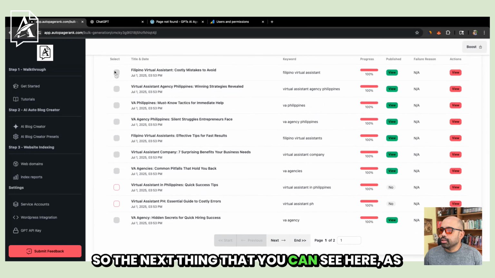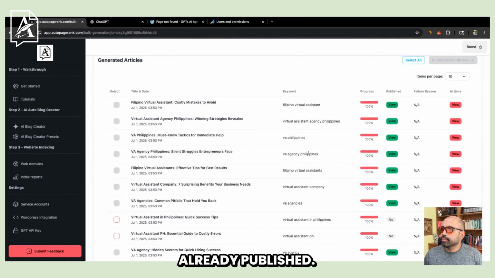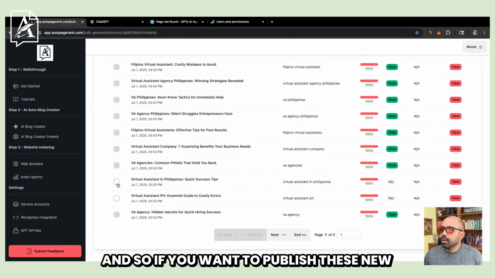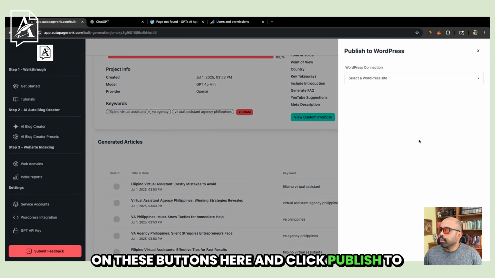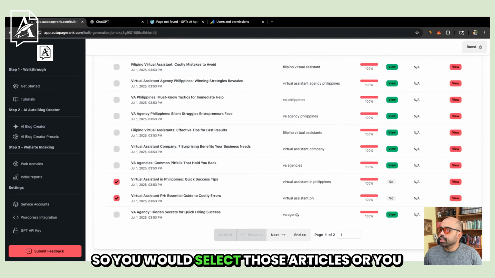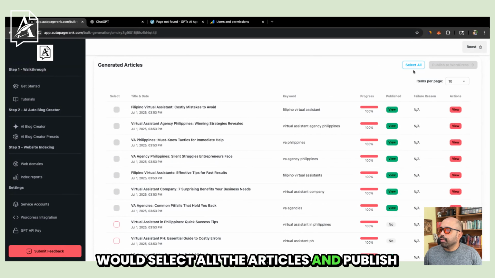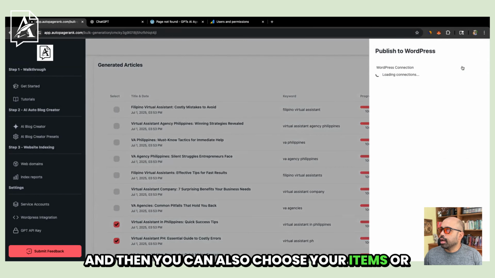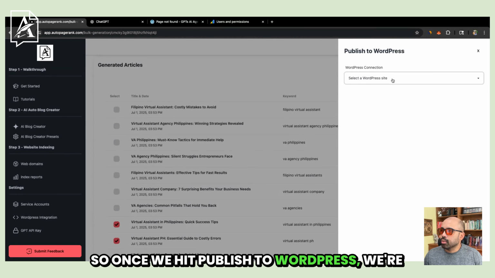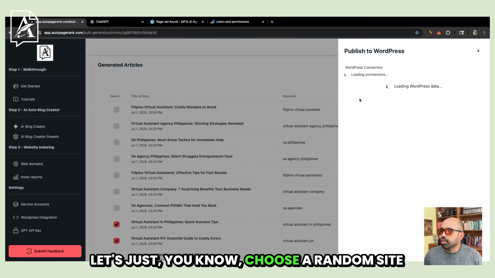So the next thing that you can see here, as you can see, these articles here I've already published. If you want to publish these new articles here, all you have to do is click on these buttons here and click publish to WordPress. So you would select those articles, or you would select all the articles and publish them over to WordPress. Okay, and then you can also choose your items per page. Once we hit publish to WordPress, we're going to select the WordPress site here. And let's just choose a random site here,